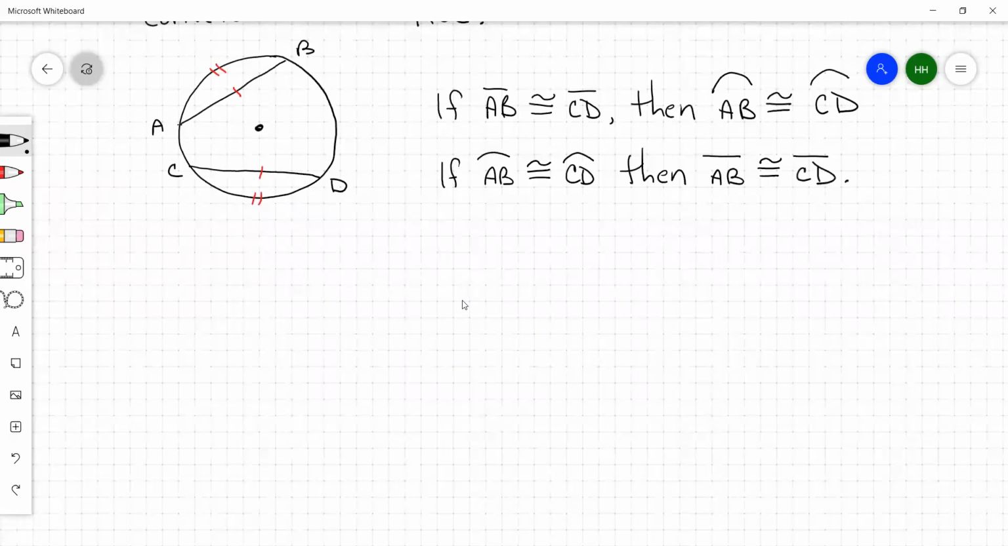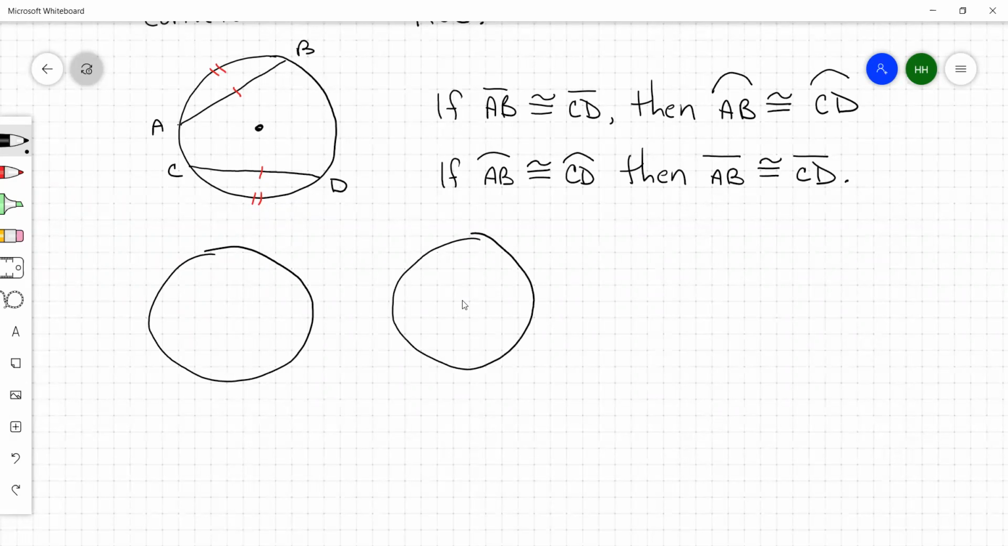So if you were given, and it said, in one circle or in congruent circles. So if you're given two circles and you're told that the circles are congruent,